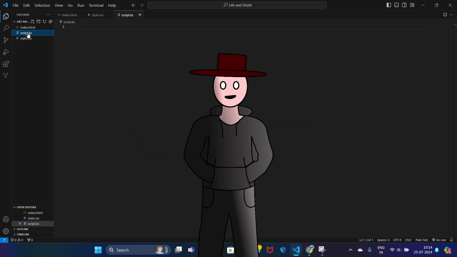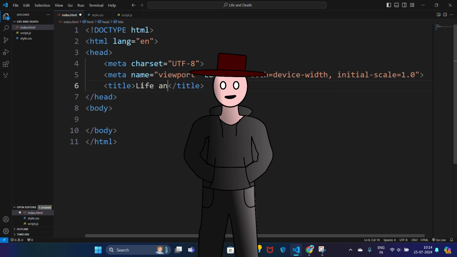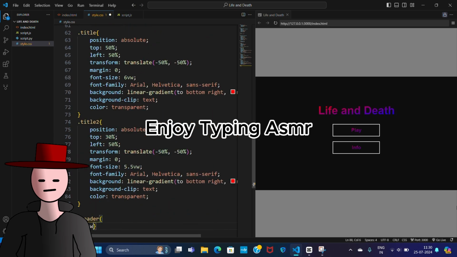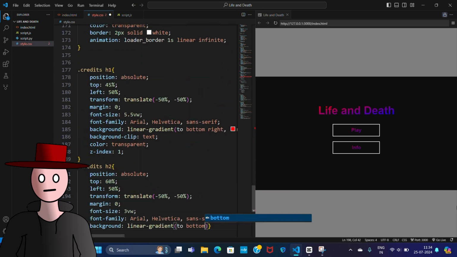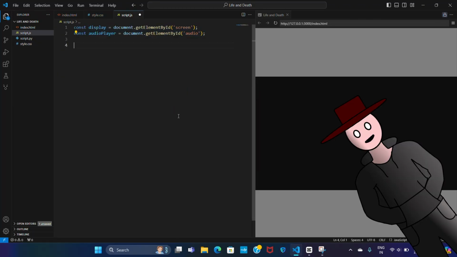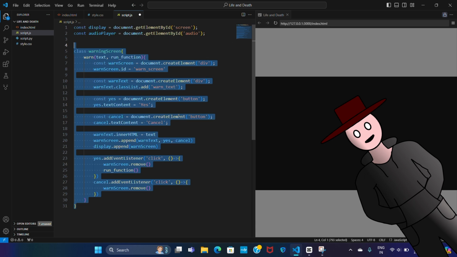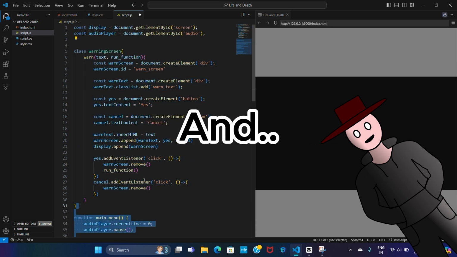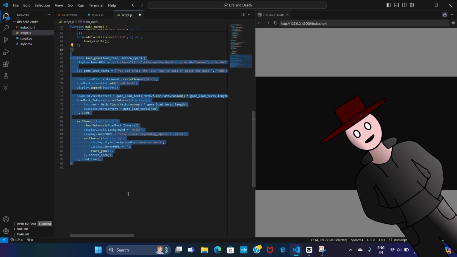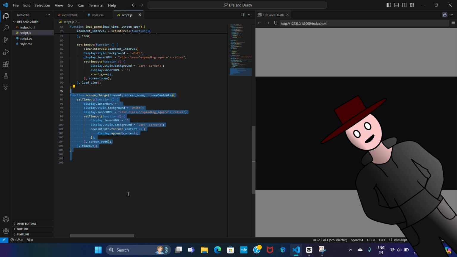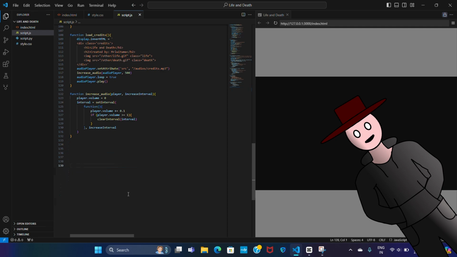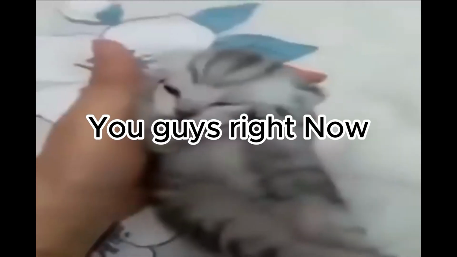So without any delay, I opened VS Code and I started writing the HTML, then I started writing CSS, and then the JavaScript. So for the JavaScript, I split each task and event listeners into functions and classes. A function for the warning screen, then opening the main menu, then for loading the game, then for the changes in the screen, and then loading credits, then for the increasing audio, decreasing audio, the loading entity,